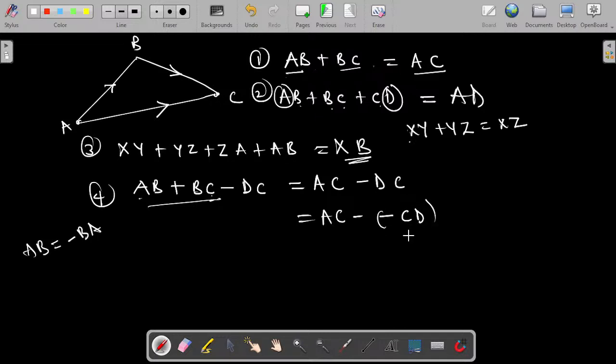Are you getting the point now? And so I have gotten what I needed. Minus times minus is plus. So you now have plus CD. And this has maintained the pattern now, and your answer is AD. If you got what I explained now, let me see your reactions. And of course, that would be the end of